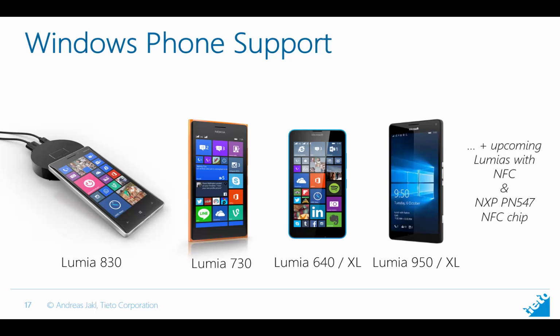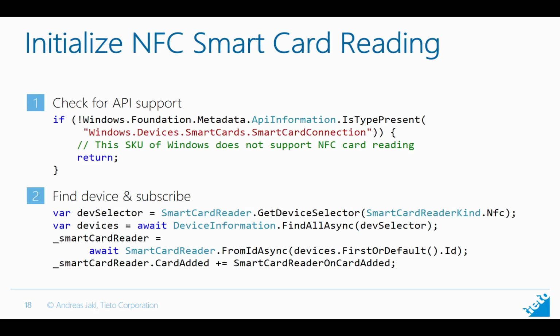It's a new feature of Windows Phone 8.1 actually, starting with this one, and especially then 10, so that you can also use the more secure scenarios with NFC tags with smart cards. So how does it work? If you want to read a smart card, first of all, you should check whether the device actually supports smart card reading. You can just ask the Windows Foundation metadata API information if this specific type is present, which is the smart card connection. If it returns true,